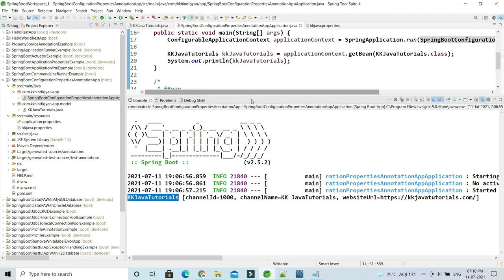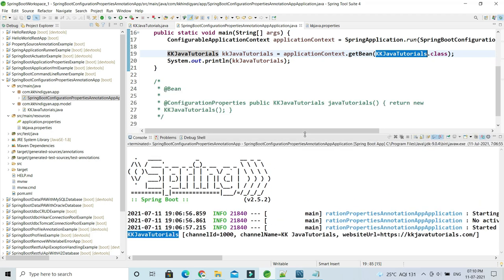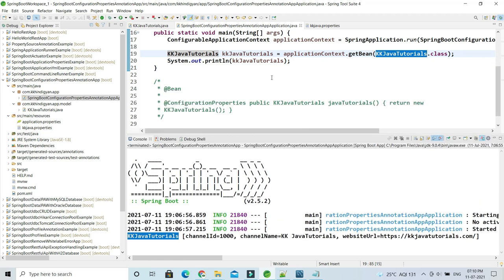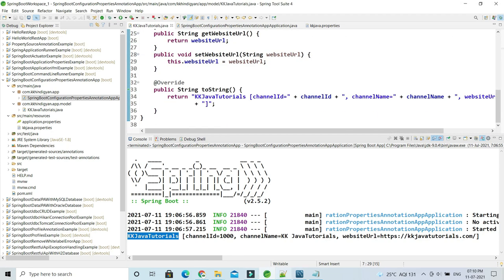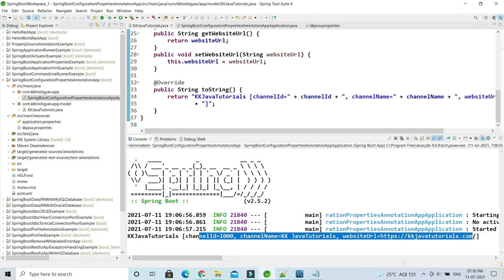So here, if you look in the main application bootstrap class, I have used getBean, and there I am passing this bean type, right? And I get this bean, right? The bean type I am passing, and this is getting resolved at runtime. The Spring container is able to return this bean, and I am printing this bean. Here I have overridden the toString method, and that's the reason it is printing the object state in a nice format, right?